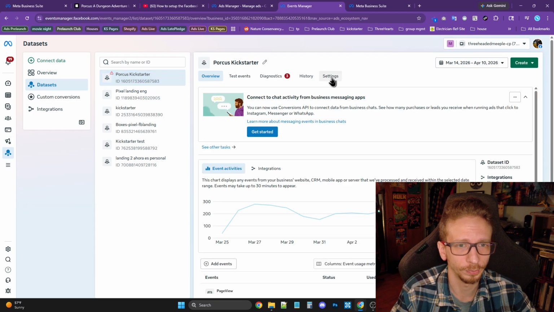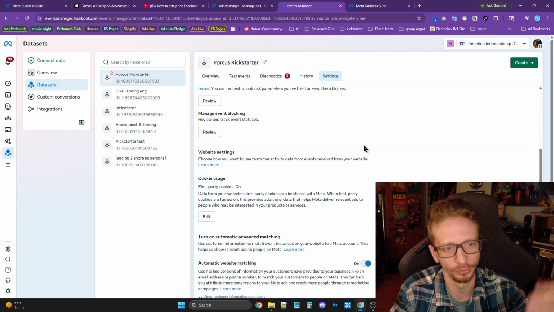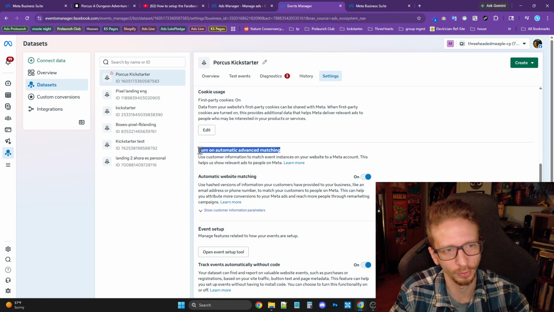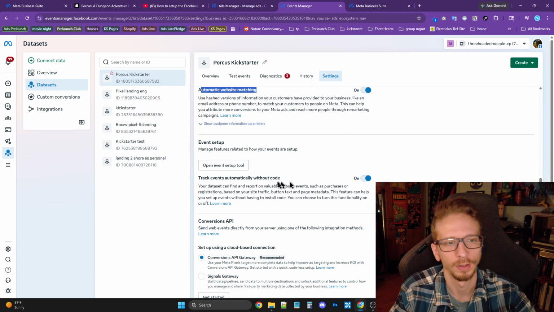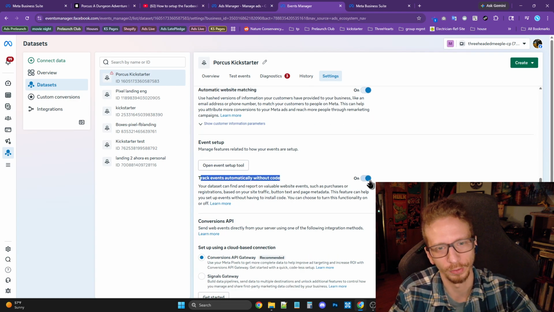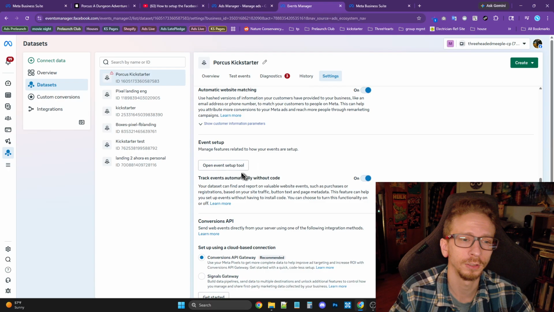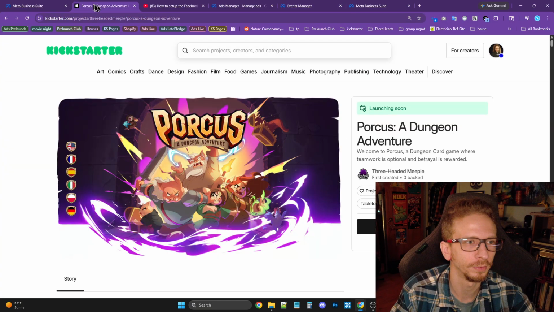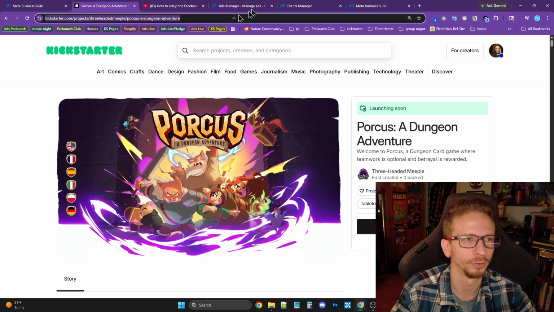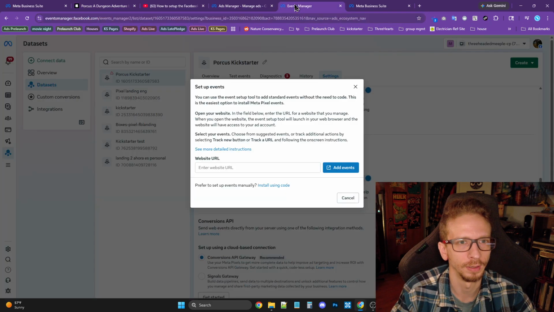You're going to select your pixel, and then I need you to go up to the top settings tab here. Click into that, scroll down. You'll see automatic website matching. Turn this on. Next step, track events automatically without code. Turn that on. That's going to turn on the event setup tool. So then you press this open event setup tool button, and then you're going to paste in the page URL. So I'm going to copy the URL address from the very top here, and then go back over here and paste it in,